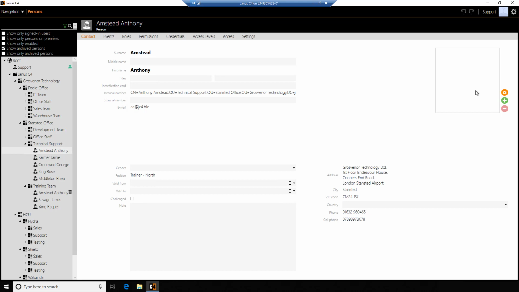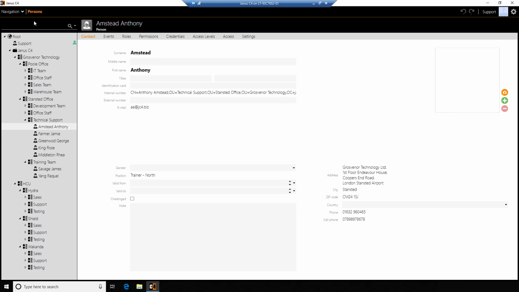Now, I don't want to have to do this each time someone's moved. I want the picture to follow them. So what we can do is we can use the Janus C4 ServerPhoto wizard to take care of that for us. Now, if I just untick Show Archived Users and just drop that back up,